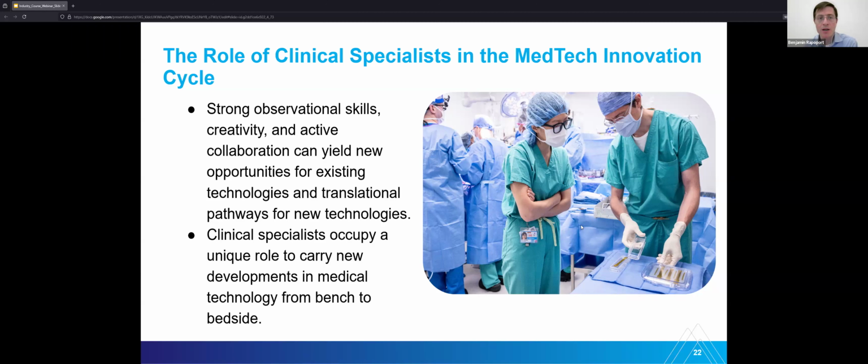And what we've tried to develop at Mount Sinai and through BioDesign is that test track environment in which we can bring together the engineers and the product development teams in a setting in which technologies that are at an earlier stage in their maturation can really be tested in an environment that mimics or mirrors or really is exactly how they're going to be used, and to bring real world feedback back to the product development teams and the engineers back home. And very often, as all of you know, the people bringing that feedback home from the field